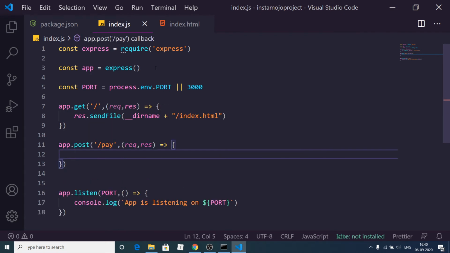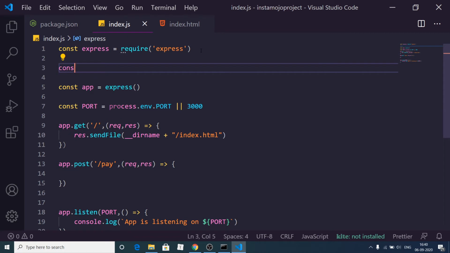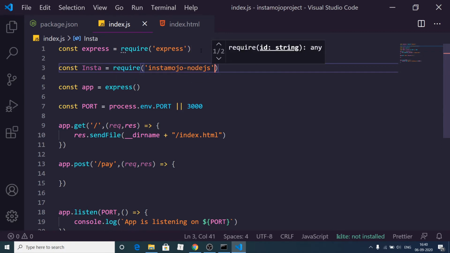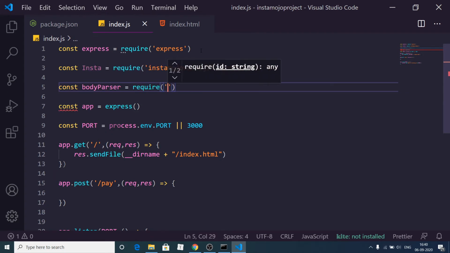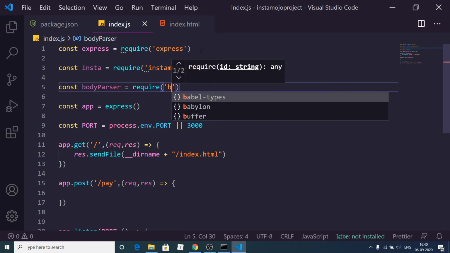Here we first of all need to require our Instamojo library. So the library name is instamojo-nodejs. We also need the body-parser library. Basically this is a built-in library in Node, you need not install it.